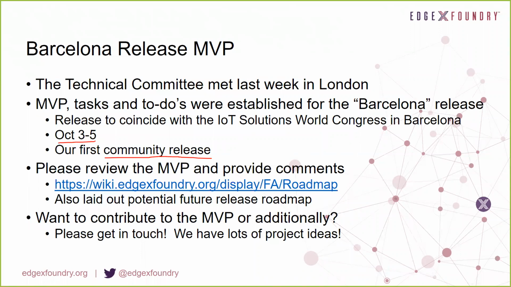I'd ask you, please, if you have a chance today or in the next couple of days, go out and visit our wiki site. On our wiki site, you'll find a roadmap section. In that wiki, we've listed out our MVP. We've tried to provide some guidance about what we think we want to produce by that first release. We've also laid out some additional elements that go to other releases. We have a second release coming out in the spring, we think, which we have codenamed California. And we're starting to lay down some tracks in terms of what we think will be in future EdgeX releases. So I'd really welcome your input.